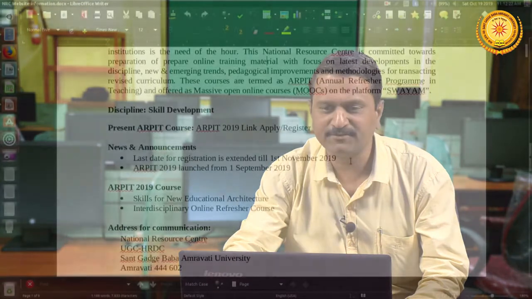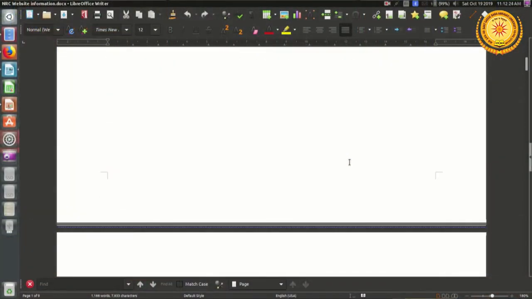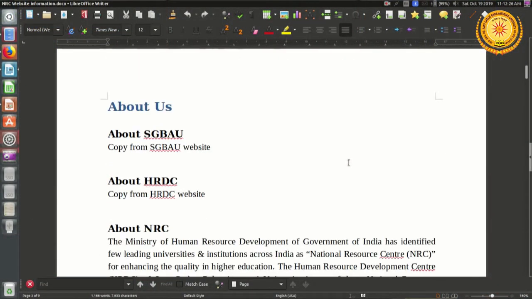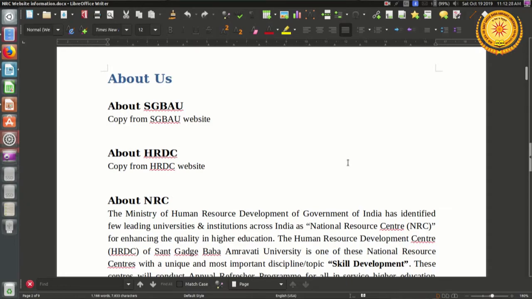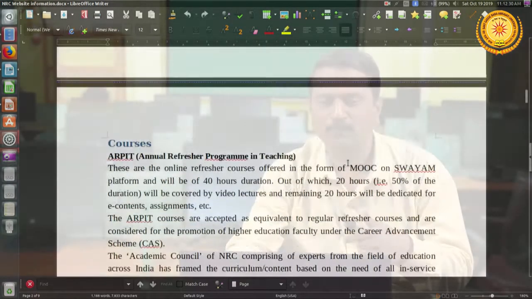Secondly, there might be some information that I may be taking from other sources, maybe from another website or somewhere else. So what I simply have to do is switch between those windows and get the material from that window onto my web page. So this is where I have stored the entire information to be displayed on various web pages on my website.